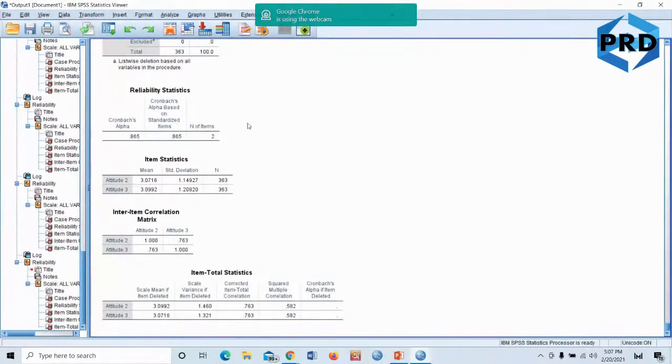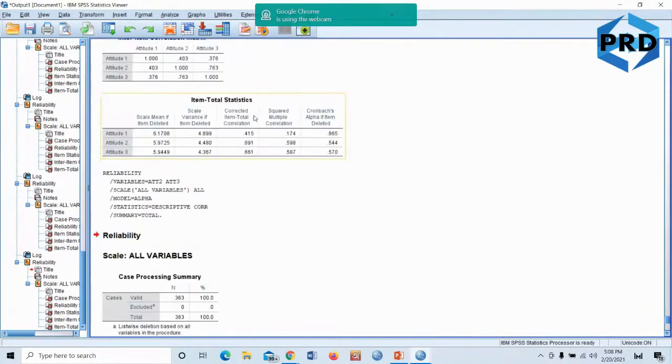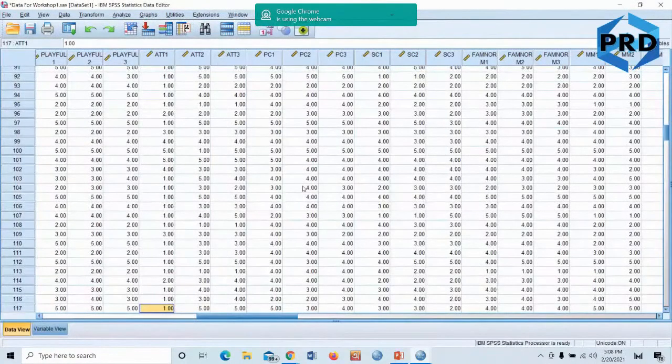Because reliability is low, to make Cronbach's alpha acceptable, we decided to drop attitude number 1. So we have now 2 items only. In the questionnaire, we have 3 items, but for further analysis from now onwards, we will have only 2 items. We don't have 3 items anymore. Okay? So that's how we increase Cronbach's alpha. I hope you understood it. The video will be available on YouTube, and you can watch one more time and learn more. Okay? All right. If you are okay with that, now I would like to proceed to the next stage.